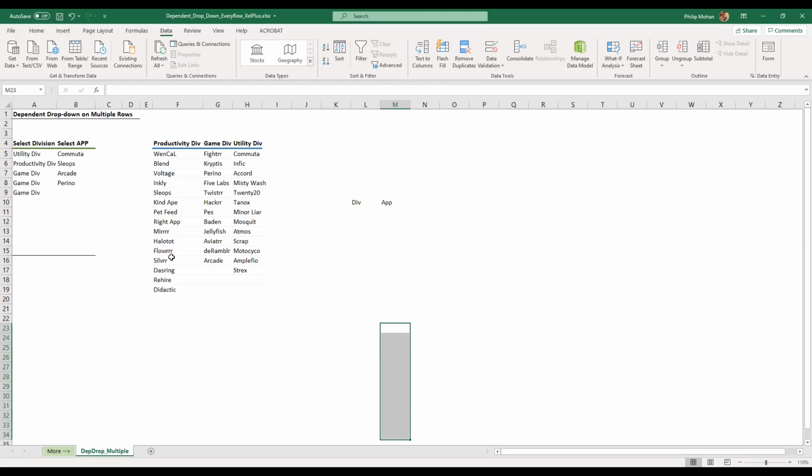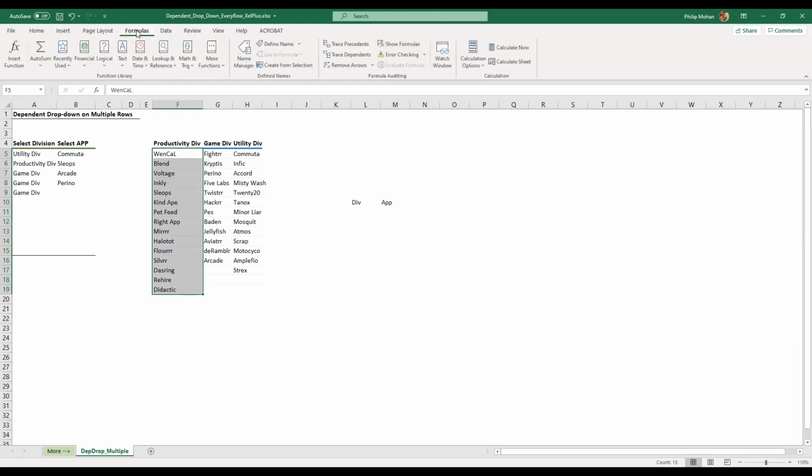Let me just do the same thing that we did. I'm going to name this area. I'm selecting this entire range, and under formulas, define a name. It's already chosen this because I've already selected it. It's shown the selection.